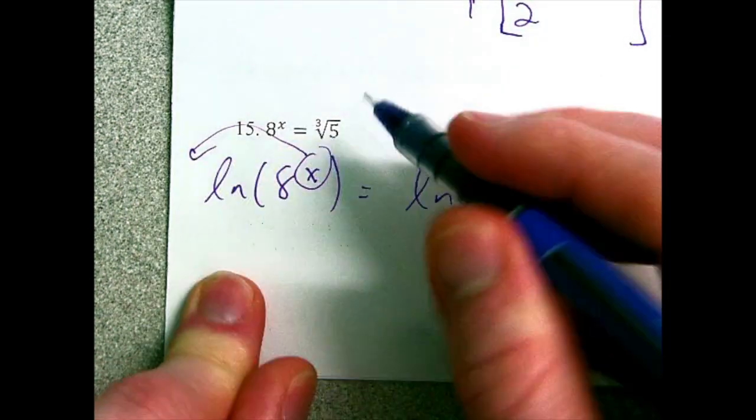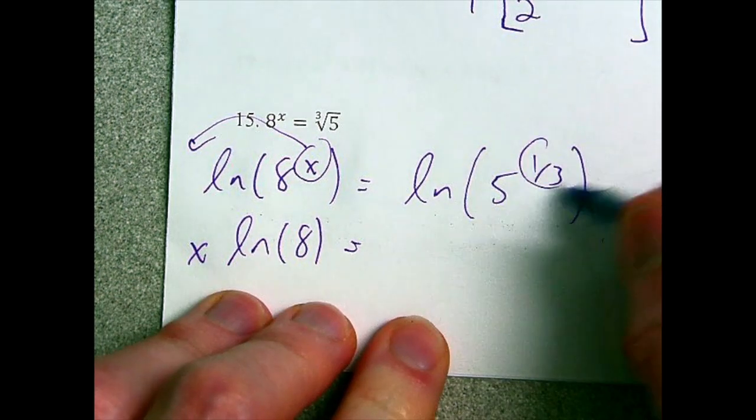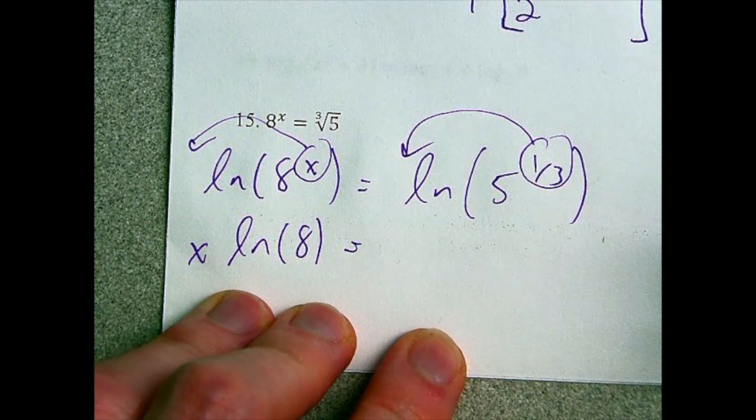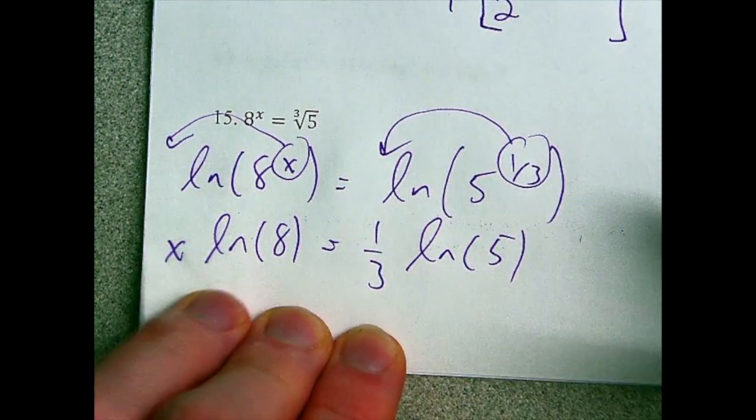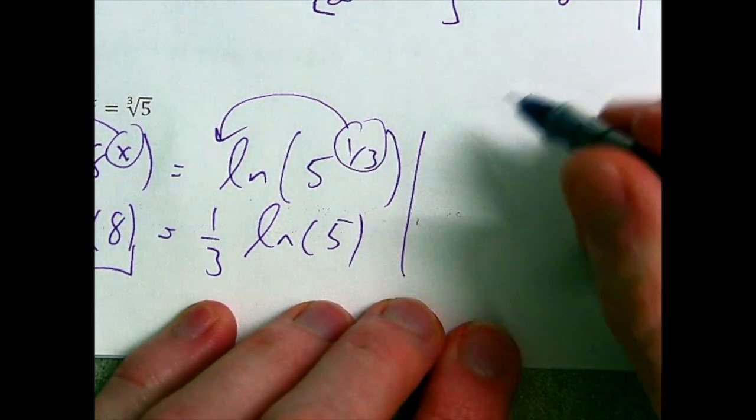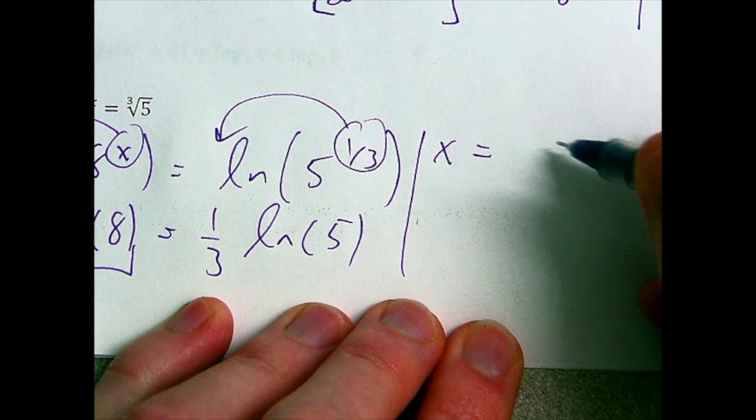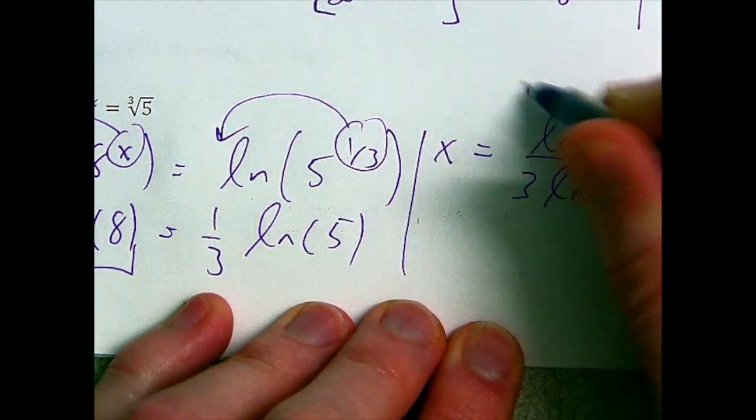The x comes down. So you have x natural log of 8 is equal to, I guess you can pull the 1/3 down if you like. It's not really necessary, but okay. And then to get the x by itself, divide both sides by 8. So you're going to get x is equal to natural log of 5 over 3 natural log of 8, which,